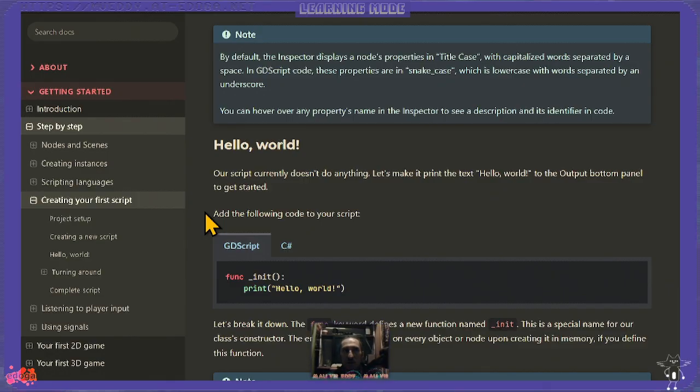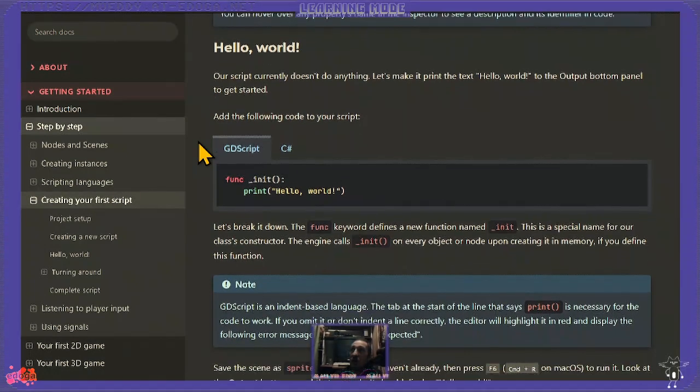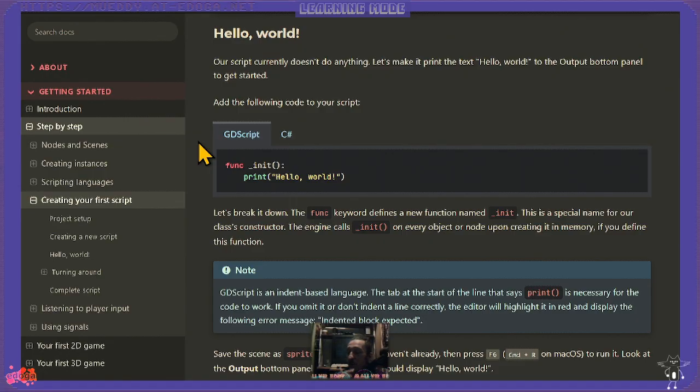To better understand the code in the future, I can hover over any property's name in the inspector to see a description and its identifier in the code. Okay, there is the interactive reference pointing to the code from the inspector. Okay, so